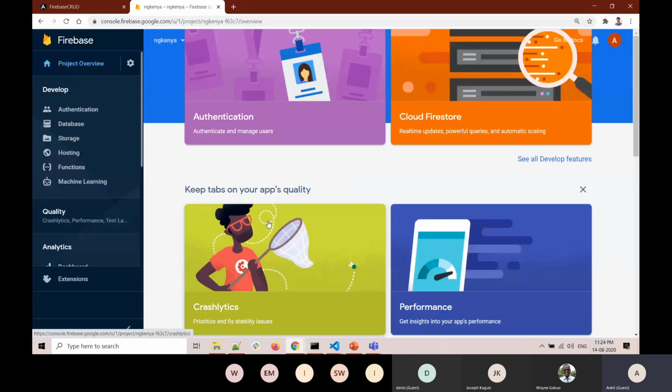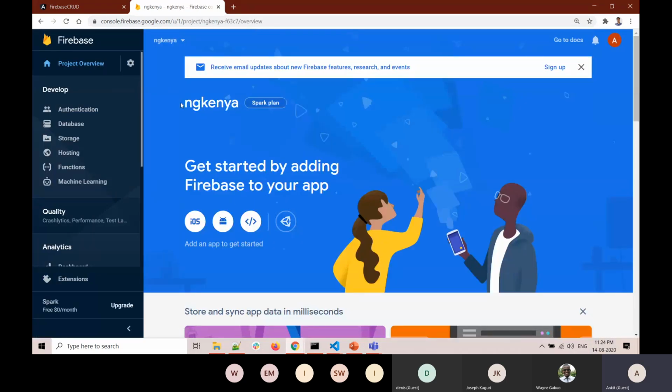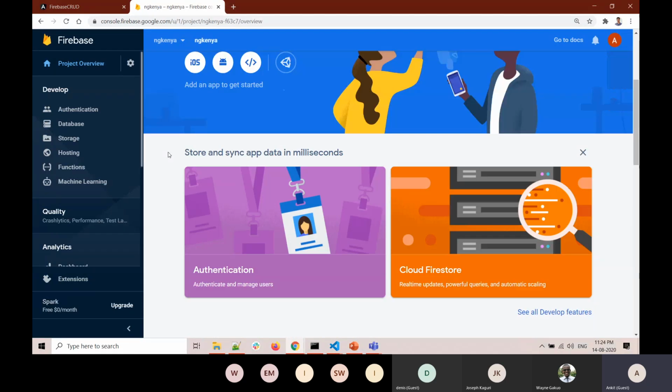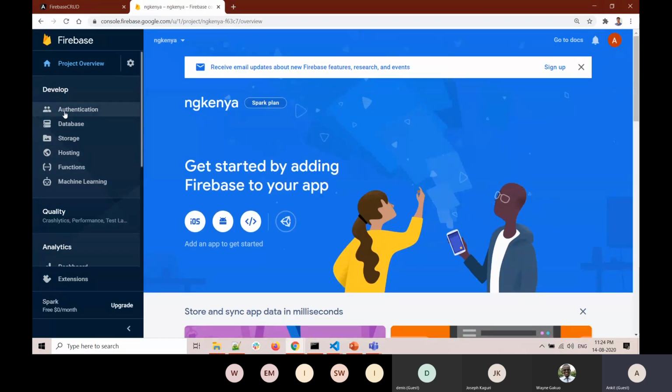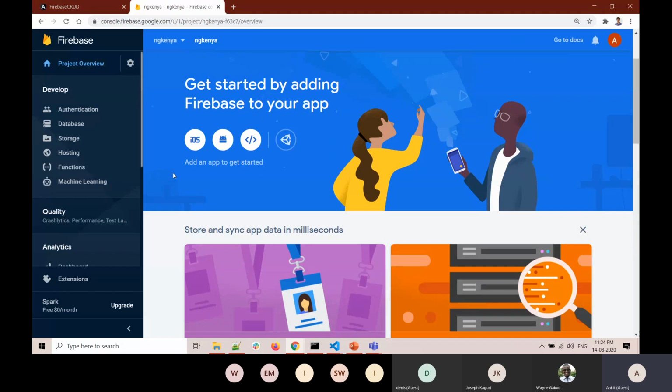Click on continue button. After you click on continue button, you will be redirected to the project overview page. Here you can see all the configuration on the left side, like authentication, database, storage, hosting, other things. So we are going to see that in a bit. But before that, there is one very important part. So we have created the project, but we have not told our Firebase that what kind of project is that. So if you remember, I told you earlier that we have different kind of support for different kind of operating system like iOS, Android, and web and Unity.